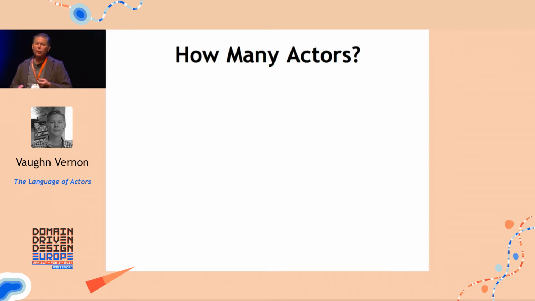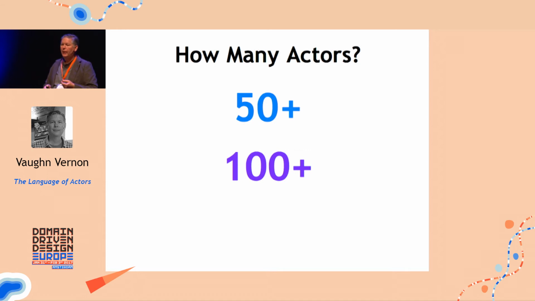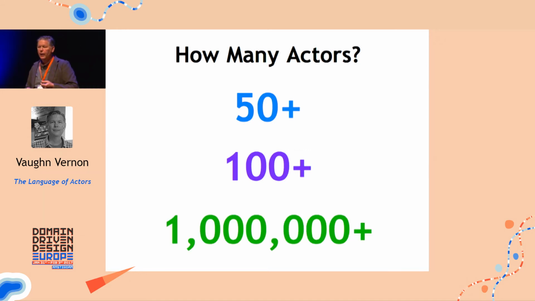So how many actors can we have in an actor system? Do you think 50 plus is a good number? You think 100 maybe? You think 1,000,000 plus? Well, you would all be correct. Actually, many millions of actors are not unusual, depending on the size of perhaps the VM that the actors are running in. So you can scale actor systems, and